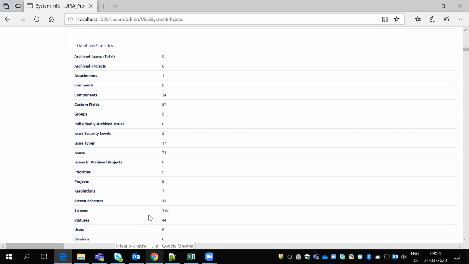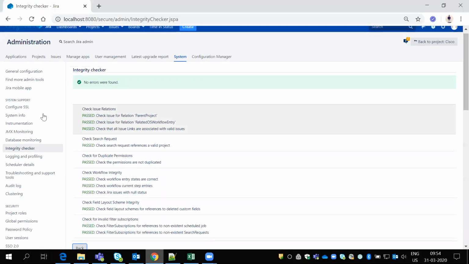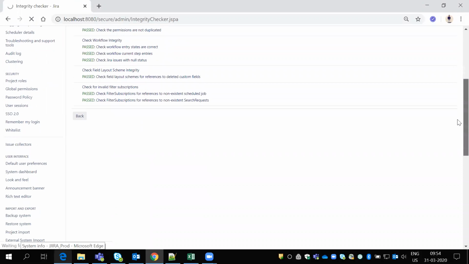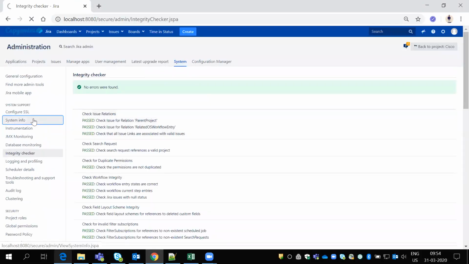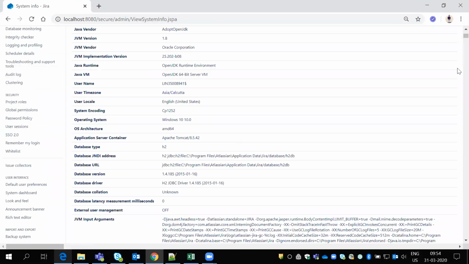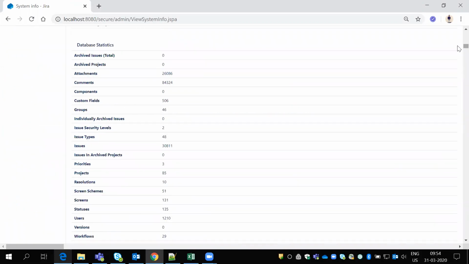Coming to my 8080, this is my production: attachments 26,000, components 84,324, custom fields 506, issues 30,811, projects 85, resolutions 10, screens 51.